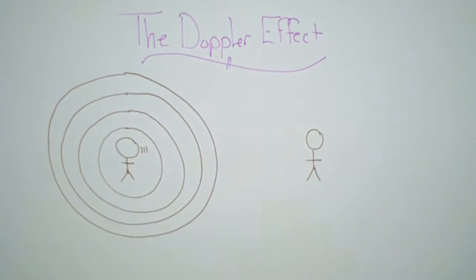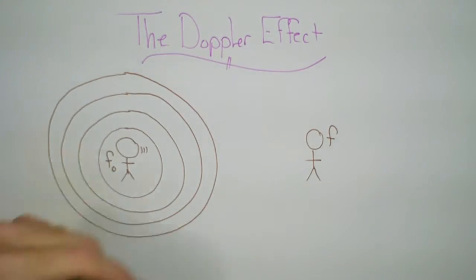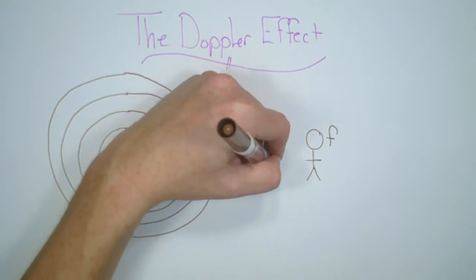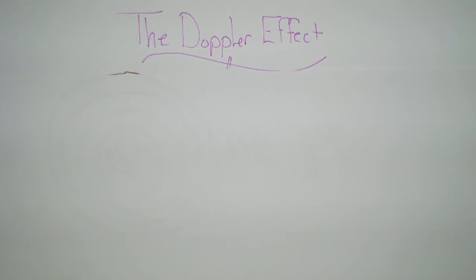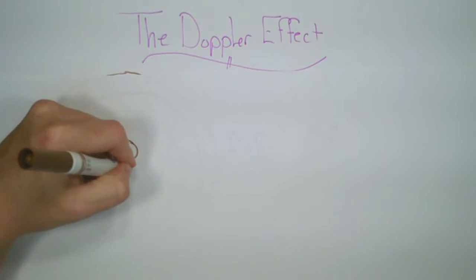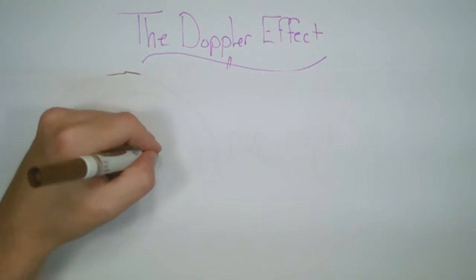And what we have is an observer who stands anywhere relative to me is going to hear some frequency f, which is going to be related to the emitted frequency f naught. And they will be exactly the same because we have no relative motion between the two observers. However, if I now run toward the observer at some velocity v, emitting the same frequency f naught,